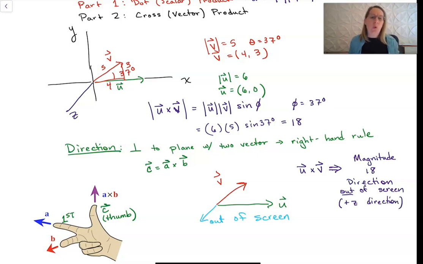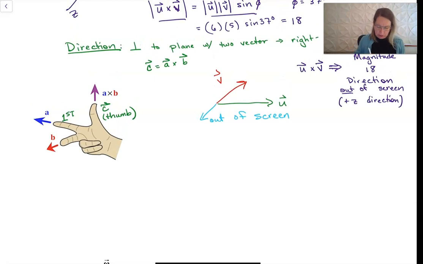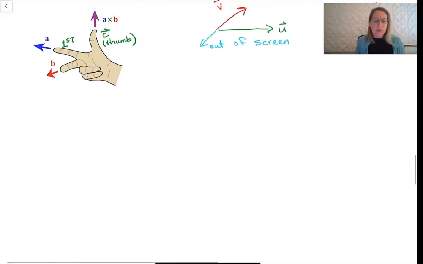So that's one way to find the cross product, is to find the magnitude right here and the direction using the cross product. But we can do this component by component, and so I want to show that as well. So component by component, we can set up our components. If we take our I hat, our J hat, so our usual X and Y, and then K is out of the screen,